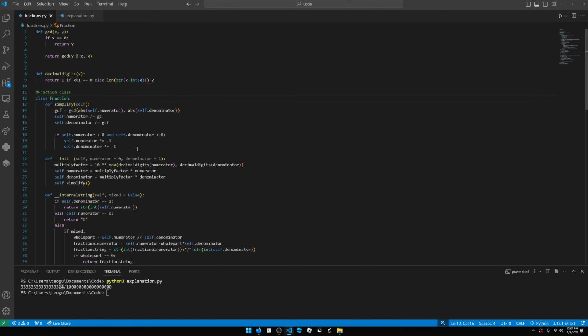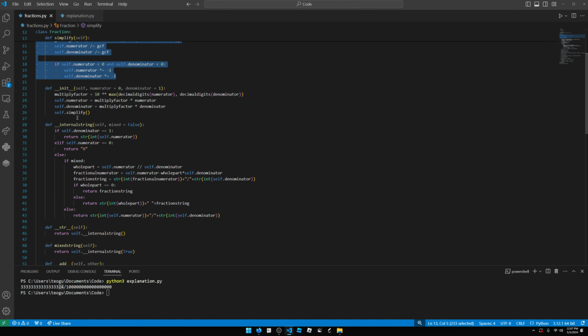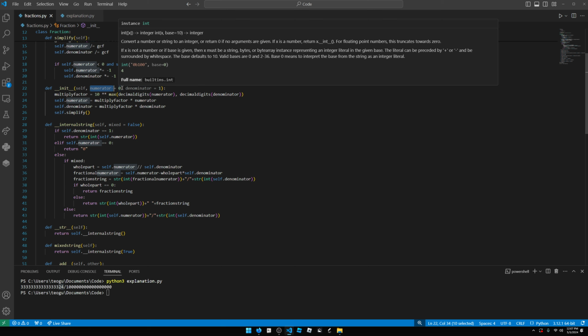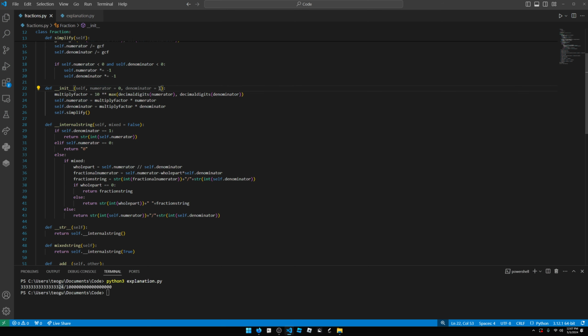First off, actually no, let me go to init first. Init creates the fraction. So there's a numerator, there's a denominator. The default numerator is 0, default denominator is 1. Then what it does is,